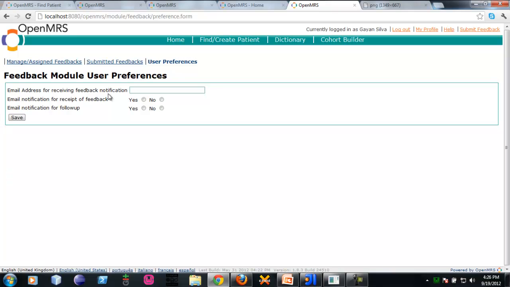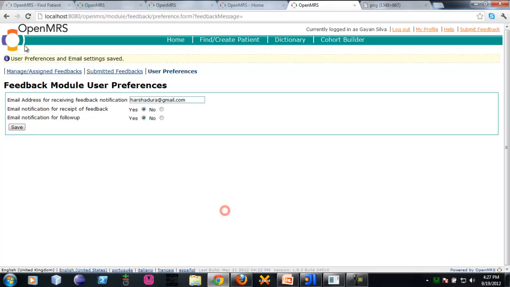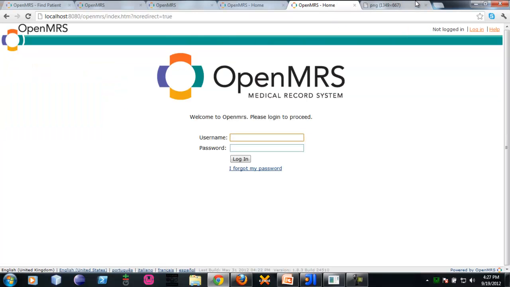And in here all users will be able to receive email notifications after inserting their email address in here. So they will receive email notifications there. So now let me log out and log in as admin